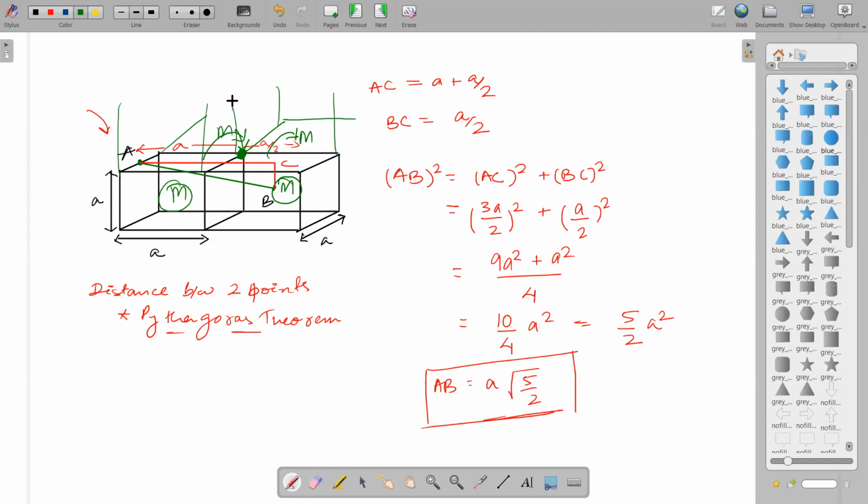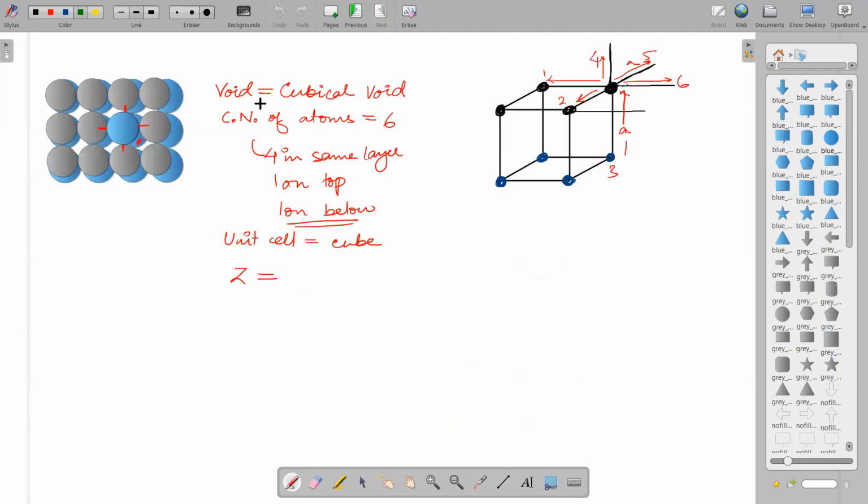On the top, 8. Correct. Now this corner cannot be seen from anywhere else. It can be seen only from 8 rooms. Is that right? Can I say this corner is shared by 8 rooms? Yes. So if this corner is shared by 8 rooms, that means, as you can see, all of the atoms in our simple cubic unit cell